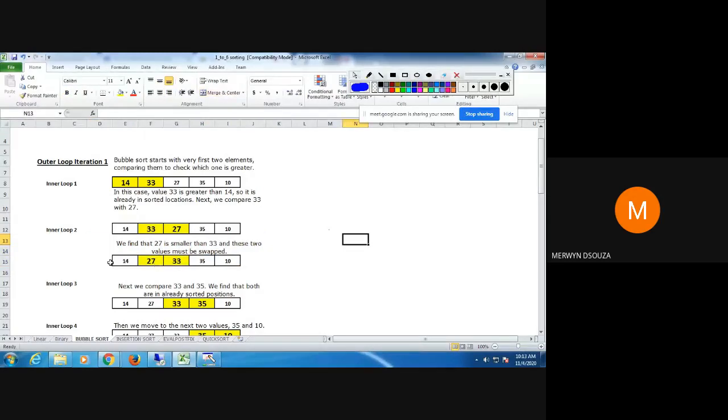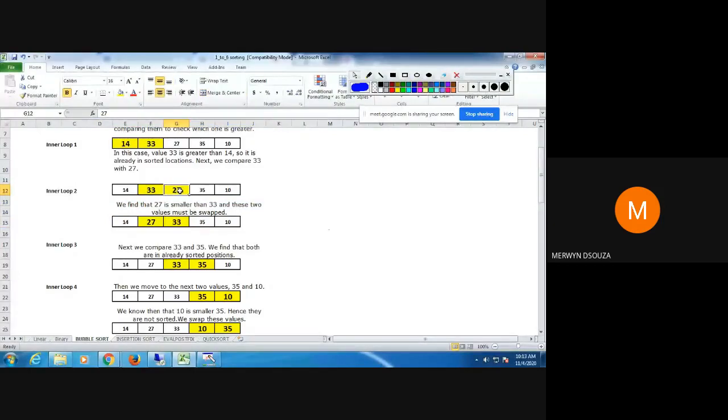I've just shown this here so that you understand properly. Basically, I've copied 27 here, and 33 is copied here. It's the same array. The rest of the values you just copy as it is. That does not change. So this is your second sub step. We are in the first main step and now we are in the second sub step. So you continue like that.